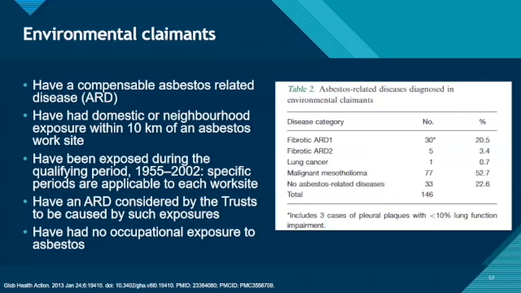You have to send your claim to the trust and they will then evaluate it. And you must importantly have had no occupational exposure to asbestos, because then you go via a different route, where your company, or the mining company, whatever company it may be, would be liable to pay you out. This is actually done by the National Institute of Occupational Health, where they looked at environmental claimants. This is, I think, up to 2013 that they looked at. And then this is the number of people who put forward claims.